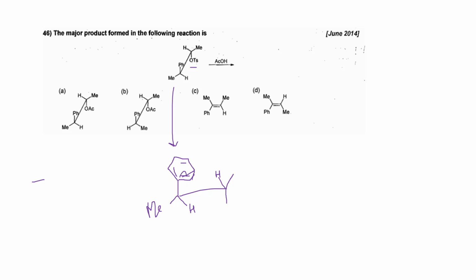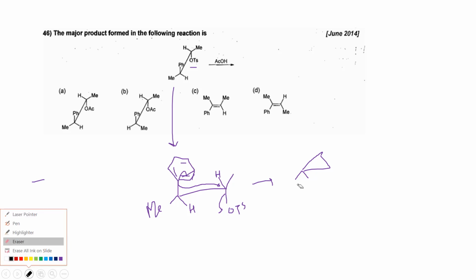So this will attack here and OTS will be removed from the system, forming this three-membered cyclic ring. Now this